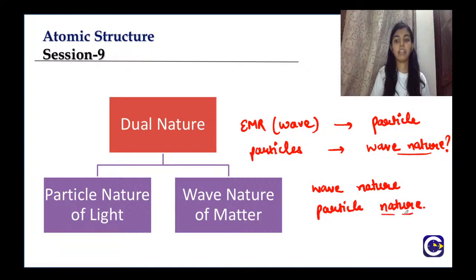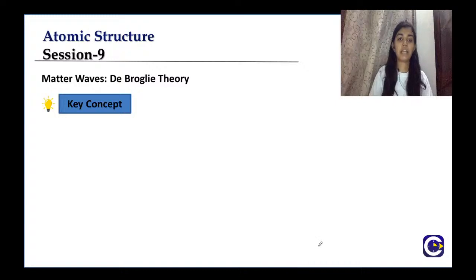So I think you must be clear how the idea of treating matter as a wave, the dual nature of matter, can be idealized, because if electromagnetic radiations, previously known as waves, can behave as particles, why can't particles have a wave nature? So first we will discuss the de Broglie theory. Certain people with an American accent pronounce it differently, but it is the de Broglie theory.